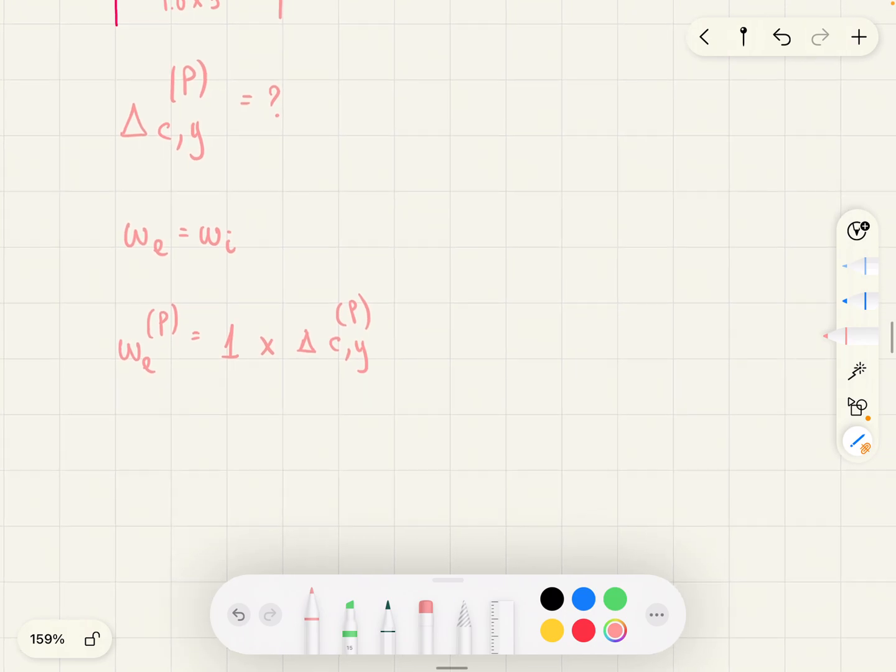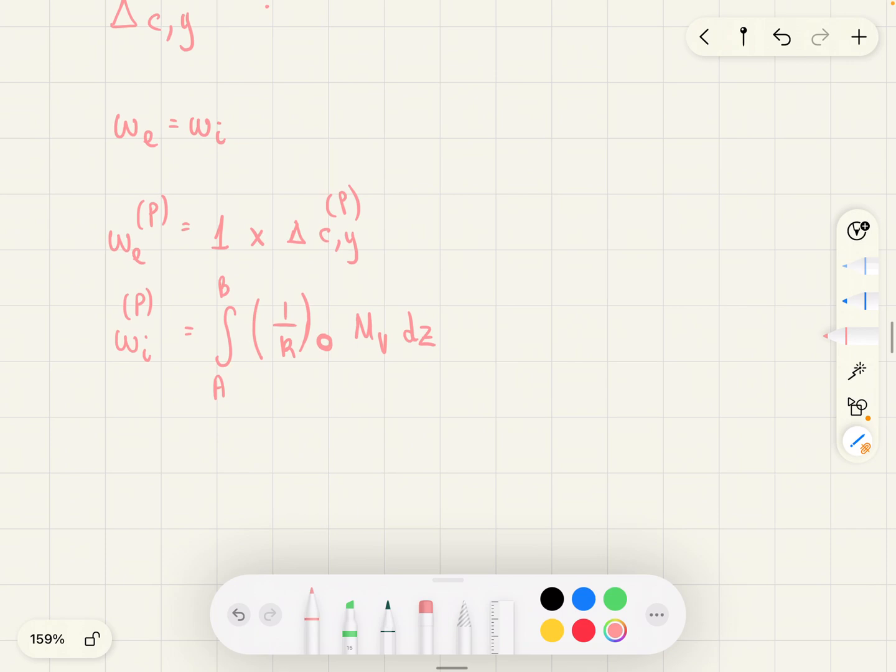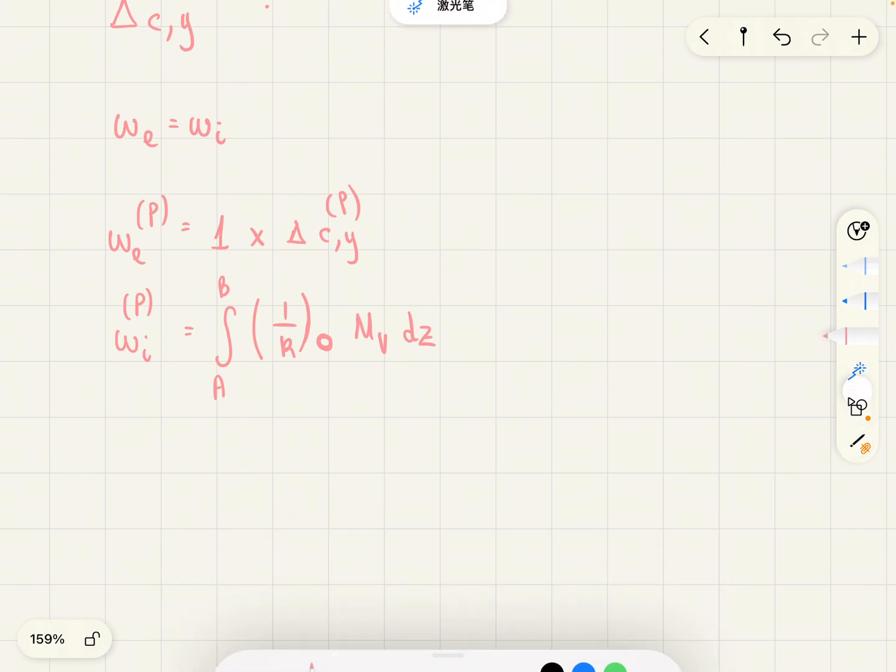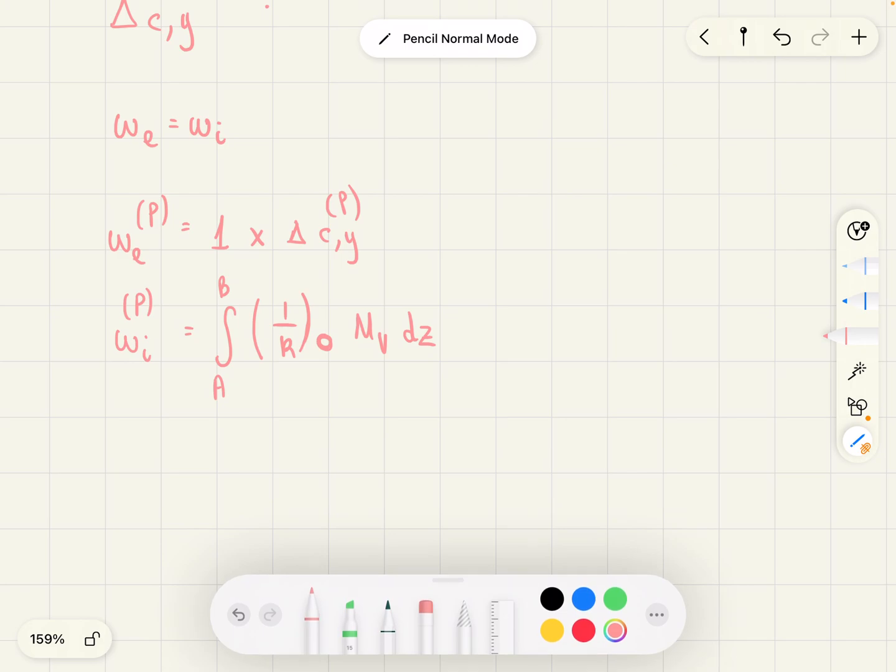Remember that. And then the internal work due to the point load P, we have to integrate from A to B 1 over curvature, the real curvature, that's why we have this naught here, times by the virtual moment with respect to dz. Now, here we have virtual moment. We want to write the real curvature in terms of real moment. So, to make it like m naught m v dz,